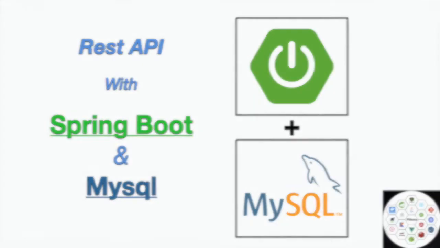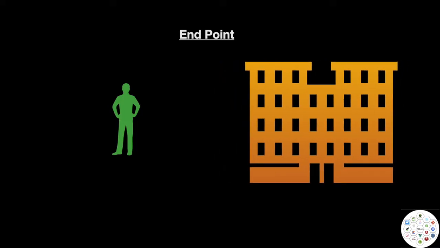Hi everyone. So in this video we will learn what endpoints are and how we create an endpoint in Spring Boot. Before creating endpoints, let's understand what an endpoint is. Suppose you want to visit your friend's place and your friend lives in an apartment. If you want to enter this apartment, you will need a gate from where you can enter. Similarly, in a web application, if you want to enter an application, you will need a door or a gate. In a web application, this door or gate is called an endpoint, from where we can access the application.